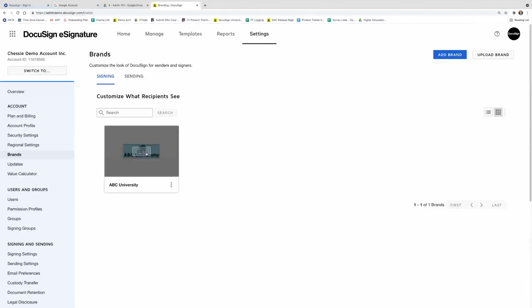And you can have multiple signing brands to reflect your different brands or your different subsidiaries or even schools within your university. In our case, we already have a general ABC University brand set up, but I want to walk through creating a new brand specifically for our athletics department. So anytime I'm sending out envelopes to spectators or athletes or coaches, I always want the athletics department branding to be applied. To add a new brand, I'll simply click Add Brand at the top,